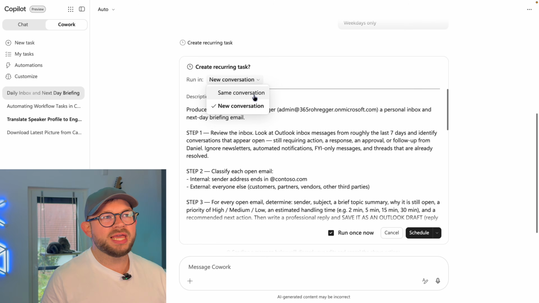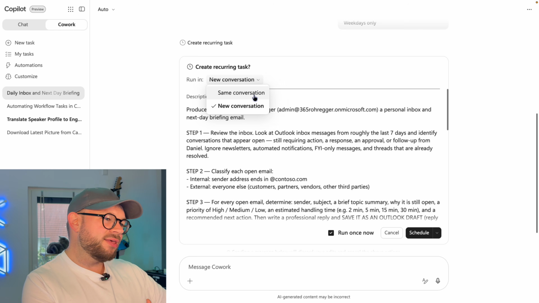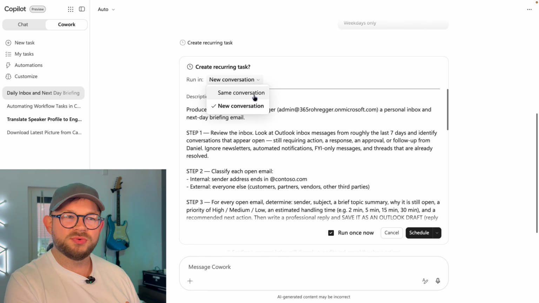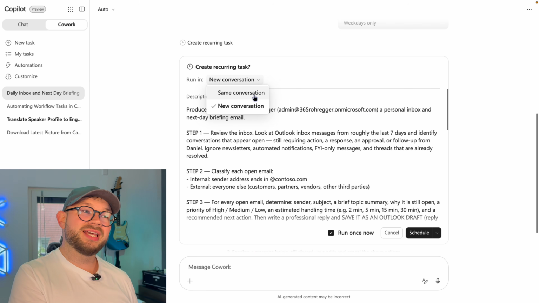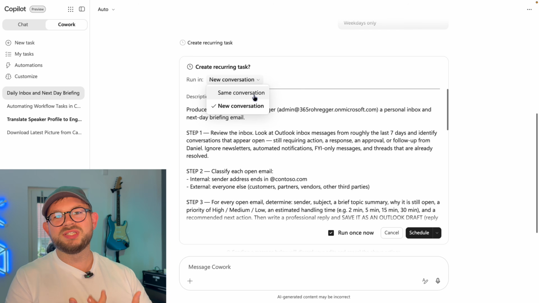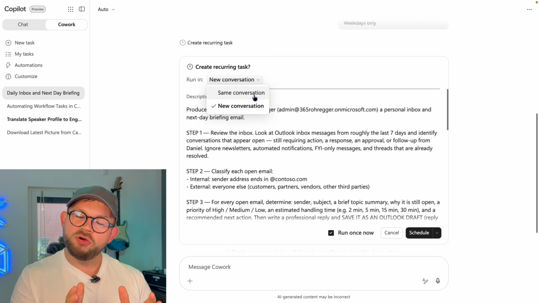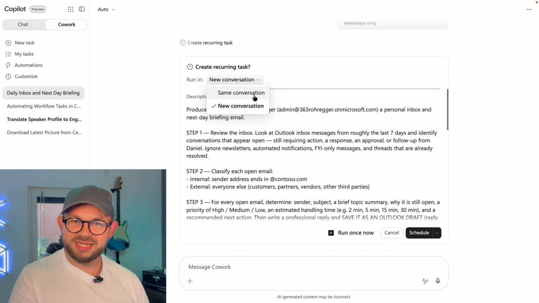If we create a new conversation every time we run this task, we have the benefit of a clear history. But on the other side, I want this kind of task to send me an HTML email. And sending an email to a person requires consent.